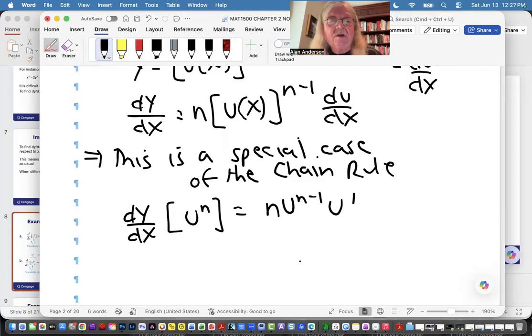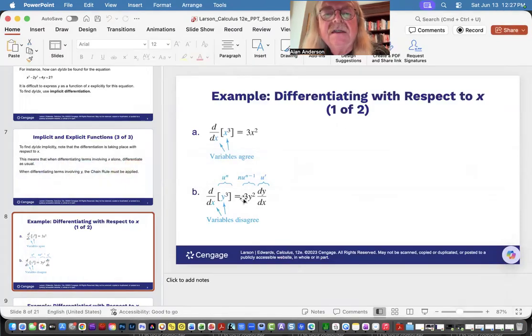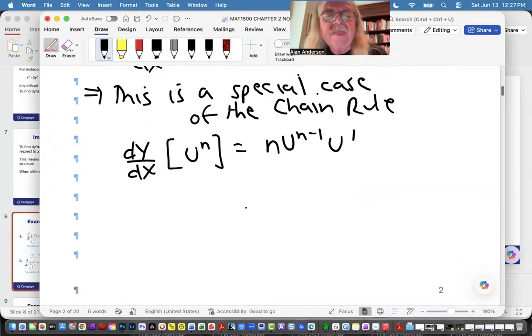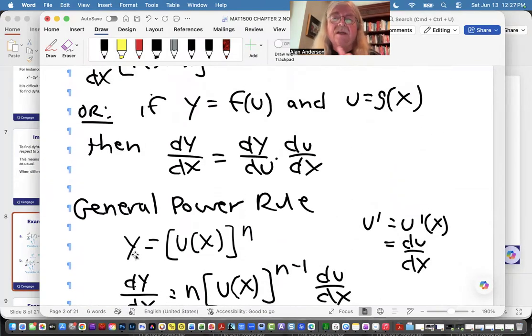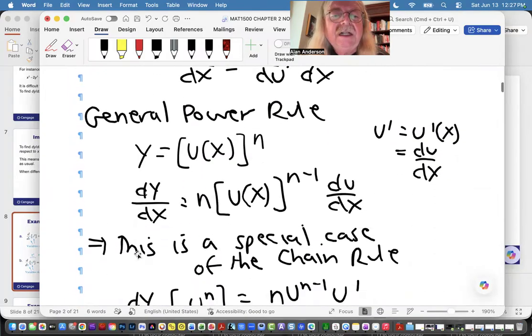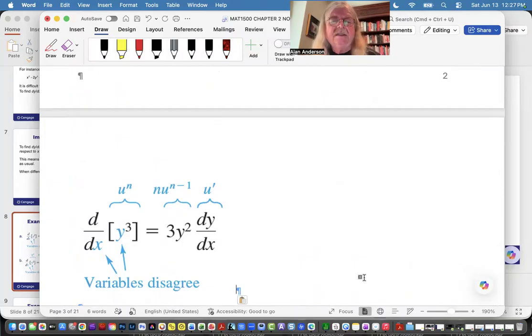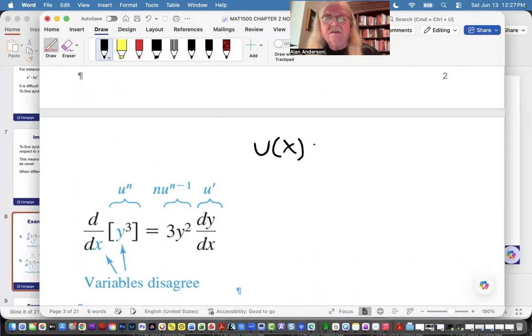So anyway, let's go back to the slides and you'll see this very bizarre case. All of a sudden, we're trying to differentiate y instead of x because we're unable to separate it out, as we mentioned earlier. So you can think of u of x as y. Now remember, y is a function of x. It's always understood that y is a function of x. So we're going to write it as u of x, okay? And then using the general power rule,